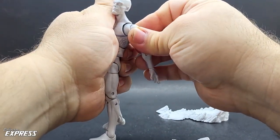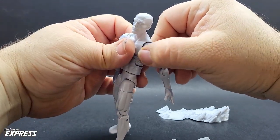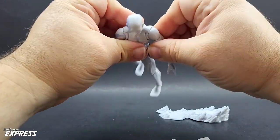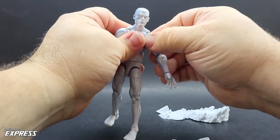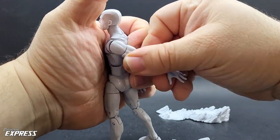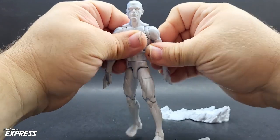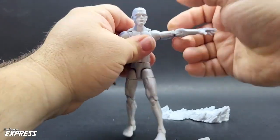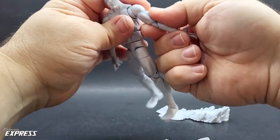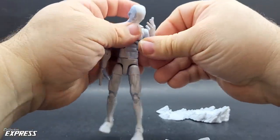I bet these are the modified butterfly joints with the rail system inside with the long pegs. So if you want full movement, you've got to trim that peg off. I can feel it ratcheting inside that rail system. So you get back this much, forward this much because of the limitations of that rail system. Disc in the shoulders. Come up to here, full 360 bicep rotation, double jointed elbow, bends all the way up,